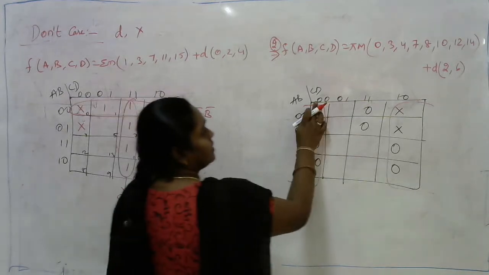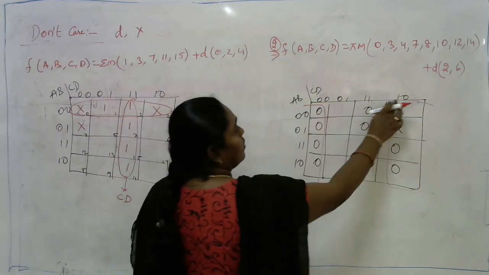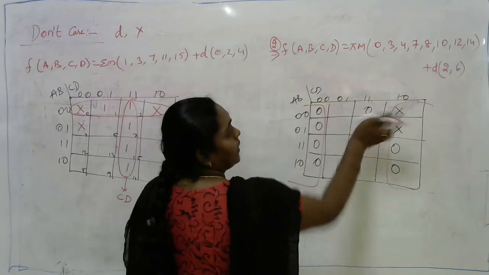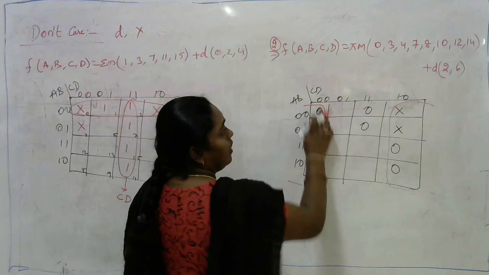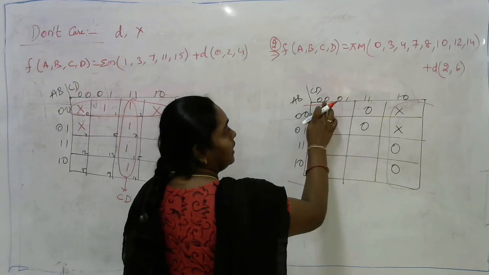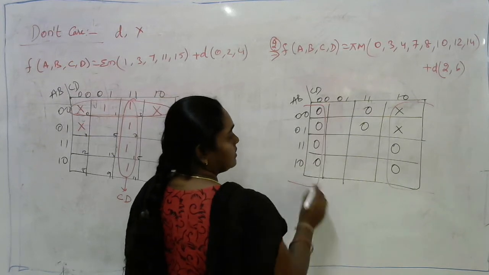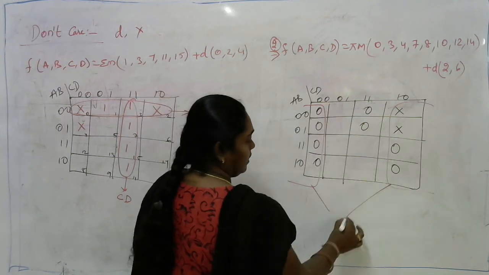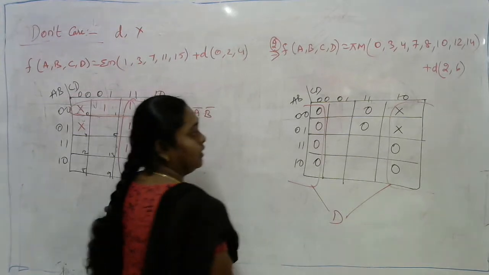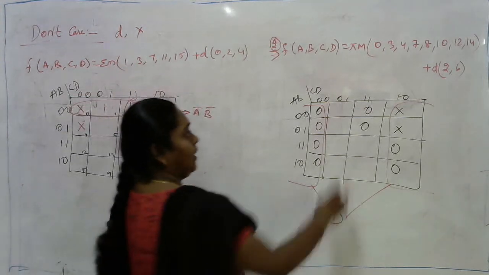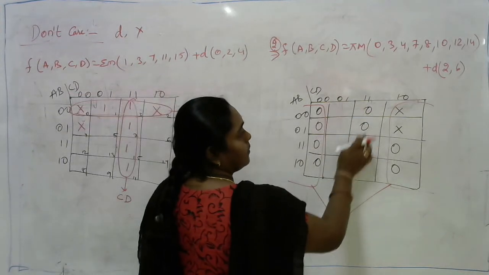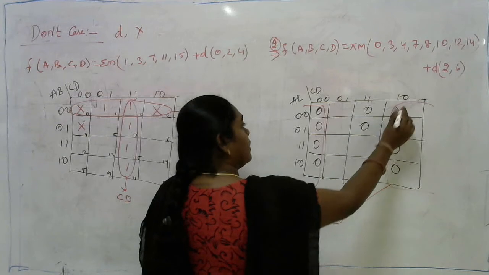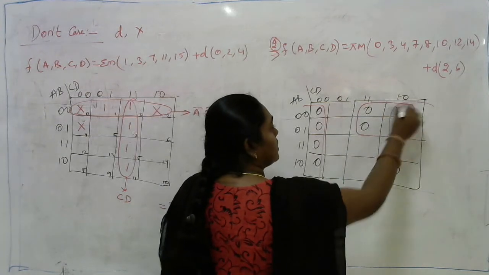So under the CD here I am having 0, 0, 1, 0. So C will be cancelled out because of opposite, and we are left with only D. Under D, as it is 0, and as it is a POS expression, I can write down the expression as only D. Similarly, as these zeros are present over here, you can consider these two don't cares and two zeros